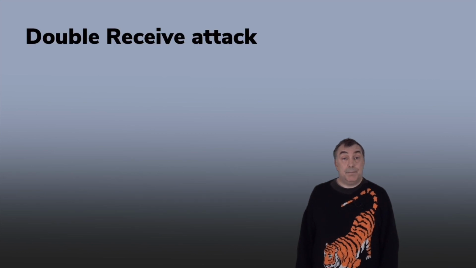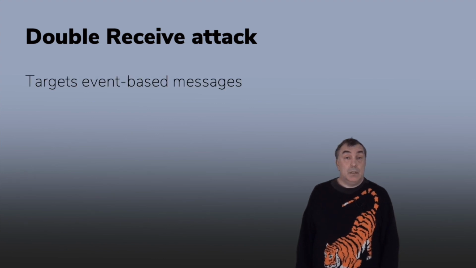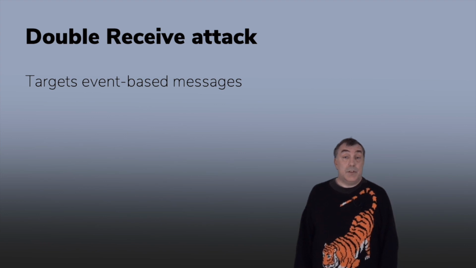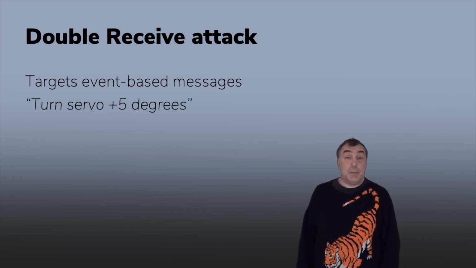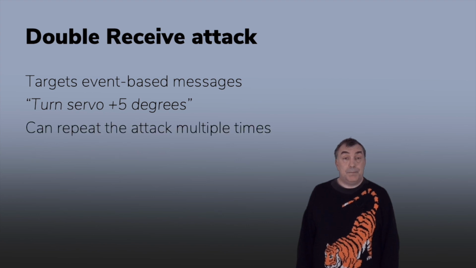This means that some receivers will see the frame twice. This is obviously something that can be exploited by a CAN protocol attack. The target of attack is an event message. Multiple receipts of a state message, such as sensor readings, most likely don't have severe consequences. An example of an event message is a servo command to turn +5 degrees. Receiving this message twice will change its meaning by moving the servo a total of 10 degrees. And the attack can be repeated multiple times. Let's go back to the lab to see this attack for real.